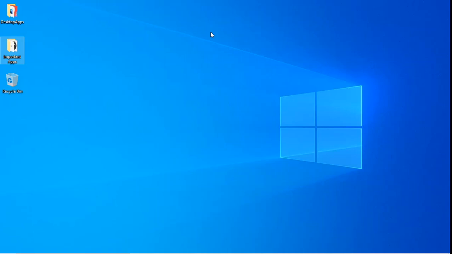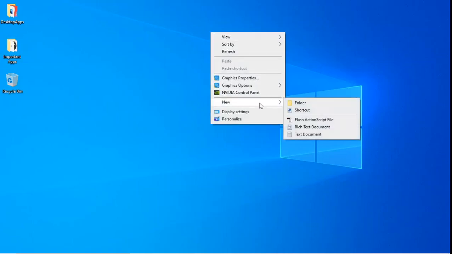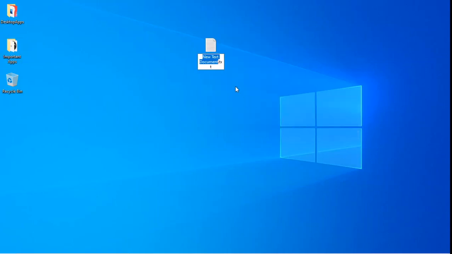So first of all, we told you that we are going to show you how to create a file. Creating a file, I meant creating a text document, because the simplest file in Windows is the text document. So how to create it? You right click, go to New, and then Text Document. Okay, so now if you do not have the txt extension at the end, what you want to do is